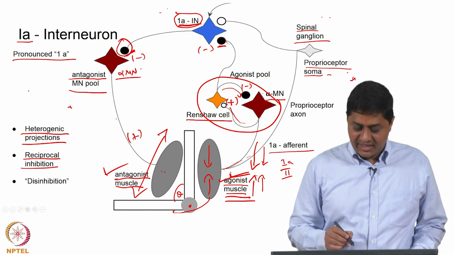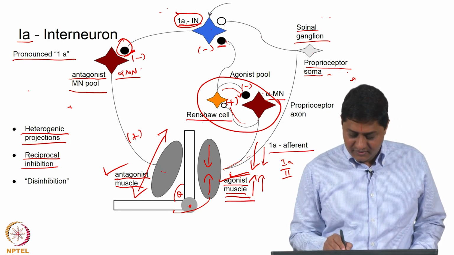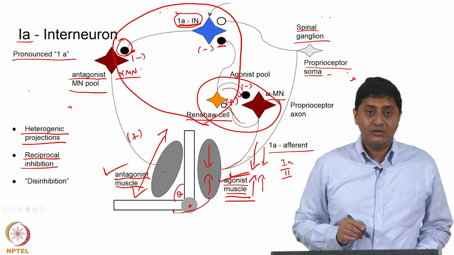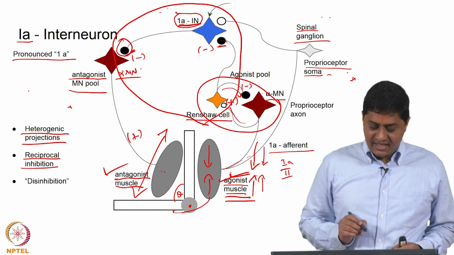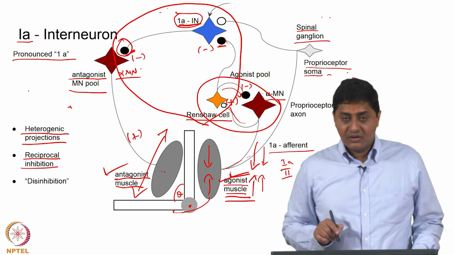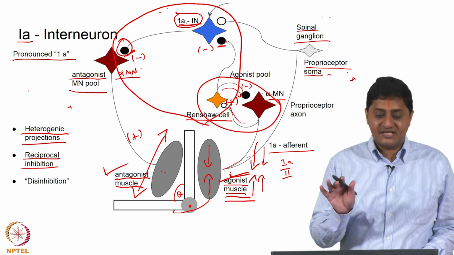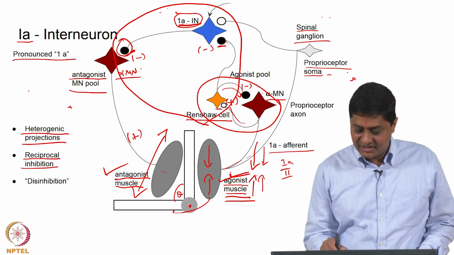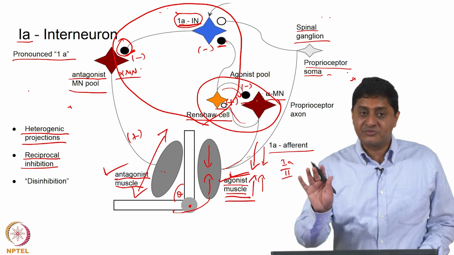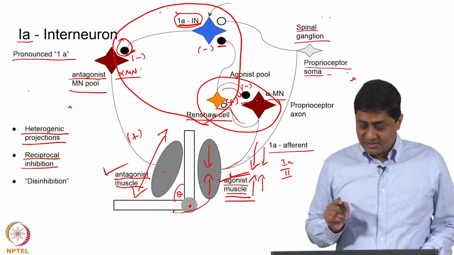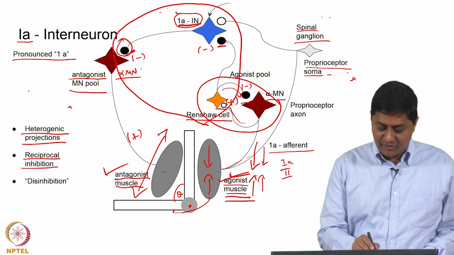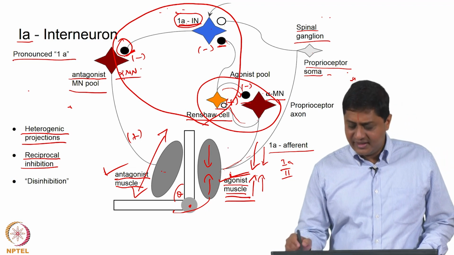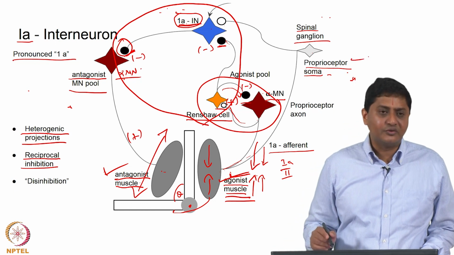Then there is the loop that covers that. So, note in this case the first two are cases of inhibition against an excitation. Whenever there is an excitation, there is going to be an inhibition. So, excitation happens in the Renshaw cell, inhibition is provided by the Renshaw cell, that is first. Second is excitation happens in this alpha motor neuronal pool, inhibition is provided by the 1A interneuron, mediated obviously by the proprioceptor neuron.